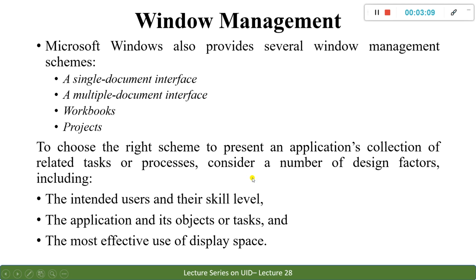That means the number of windows coming inside your whole user interface. The second thing is it depends on the application and its objects or tasks. If you are developing a very huge application, like one used for image processing, you may have to go for multiple windows like projects, wherein there are so many windows and they open and they close. So it depends on the level of application that you are designing. If you are just designing an information window, I suppose you would be interested in just a single window which gives you the information and is then closed off.